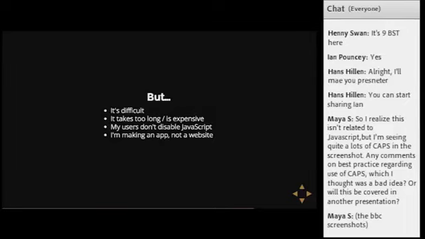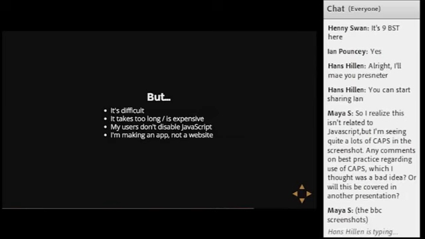Right, so I'm going to talk about the first of the things that you should do with JavaScript. Number one is handle focus correctly. So I'm going to show you a very quick demo of the BBC homepage. This is the UK version. The US, the worldwide version, is slightly different. I think I prefer the UK one.